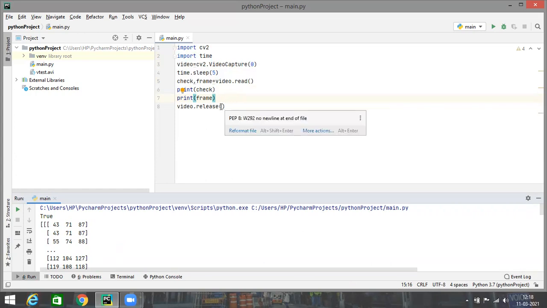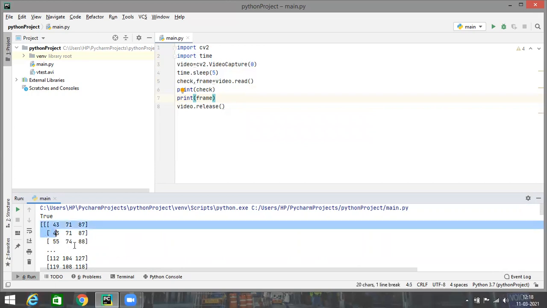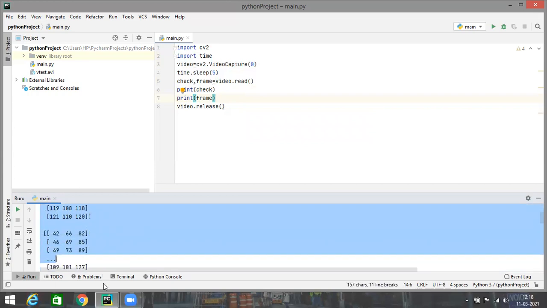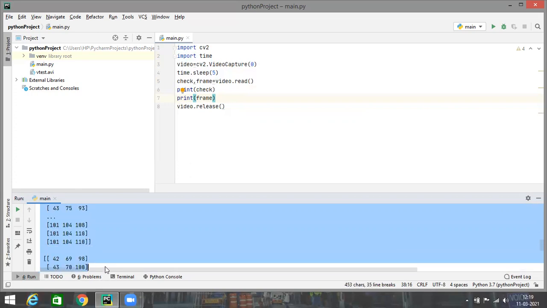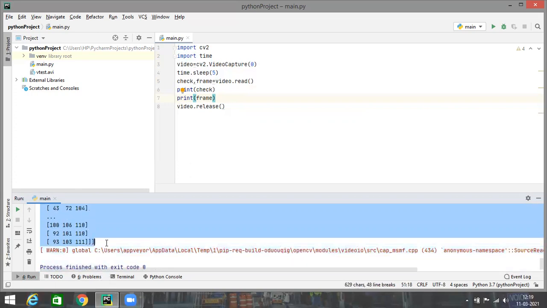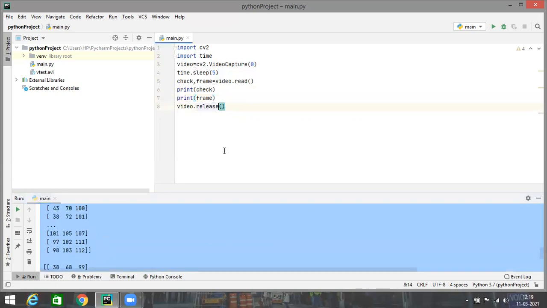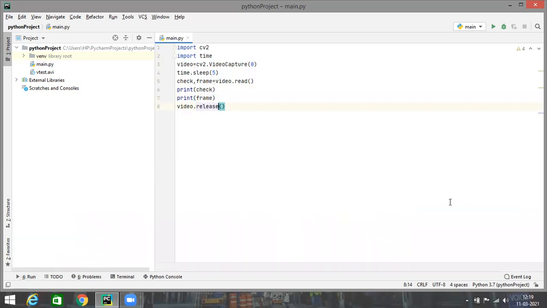So now this is what we have done. We have read the video successfully. We have seen that the video is being read because we have got the first frame stored in the form of a 3D matrix. And from here we can conclude that as images are captured as a 3D matrix, videos are also captured as a 3D matrix.